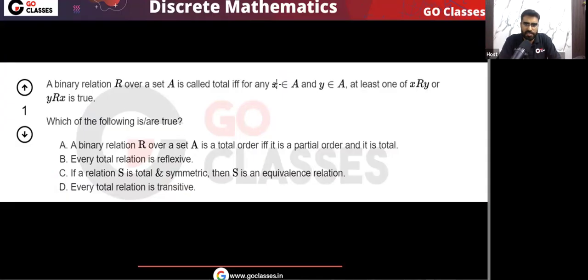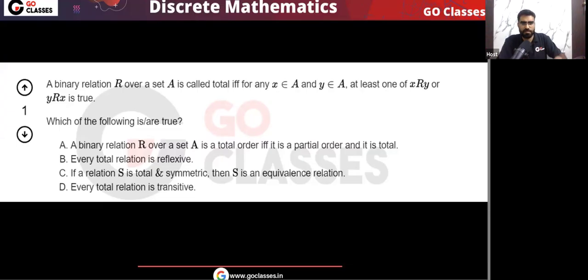A student is asking, will this session be recorded? Yes, this will be recorded. In this session, we are discussing weekly quiz 7. Once you attempt this weekly quiz 7, then all these questions and solutions you can see. Don't worry, this session is for weekly quiz solutions. So when you attempt weekly quiz 7, then you can watch this solution session. Anyone has any other doubt? Please tell me. Let me know.